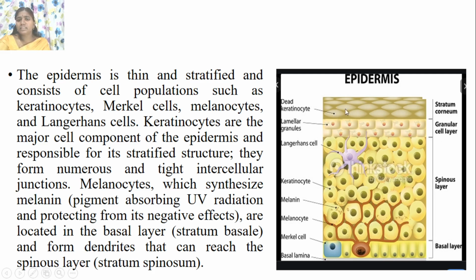First is the dead keratinocyte layer, then the granular cells, Langerhans cells, keratinocytes, and the melanocyte, which produces the pigment called melanin, the Merkel cell and the basal lamina. This is an enlarged view of the epidermis: stratum corneum, granular cell layer, spinous layer and basal layer. This is the region which is affected when we are exposed to burns or